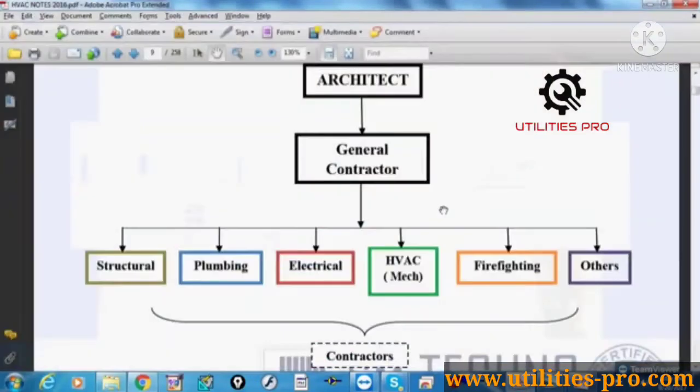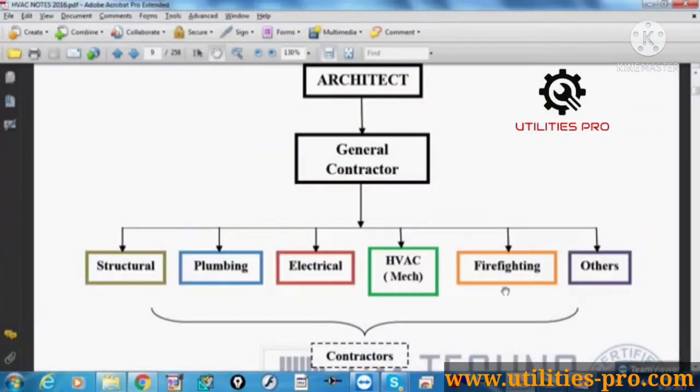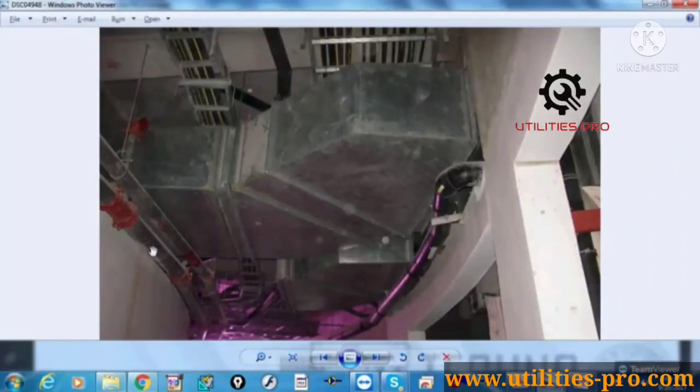Okay, so after mechanical, then firefighting. Yesterday we learned that firefighting has the first priority in design, but in installation it is last. This is standard, but normally in India, in local projects, you'll find the firefighting pipe above the duct also, because firefighting work is very easy, or the installation is limited, compared to HVAC. So they will visit the site and complete the job. If the duct is not done, they will install the pipe above the duct also. But anyhow, the branches should be up to the false ceiling. But as per standard, this firefighting pipe should be below the duct.